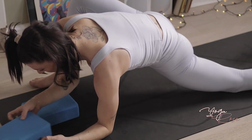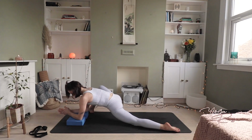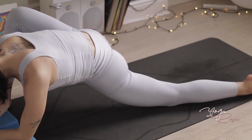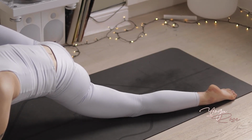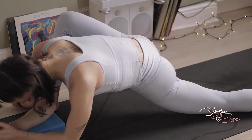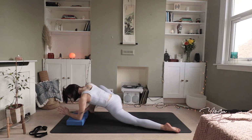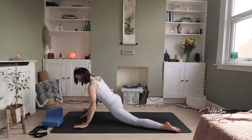So maybe if you've got your blocks to come onto, that might feel a little bit better. And just using your exhales, let your chest just bow towards the floor. Feel it soften a little bit more on every breath out. And exhale to soften and let go. Good, nice everyone. From here, coming back up to your hands nice and slowly now, and just plant that